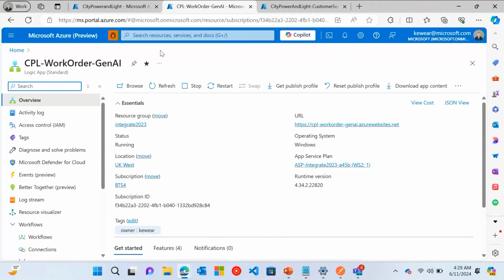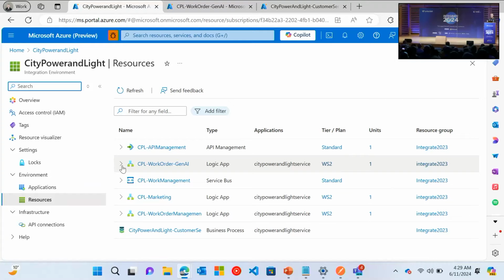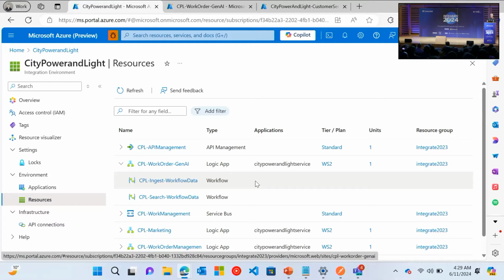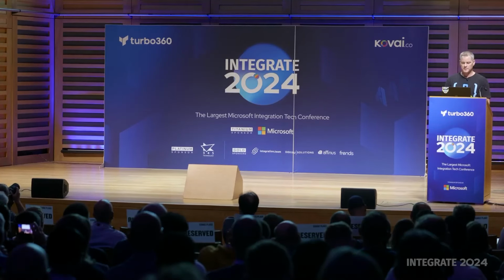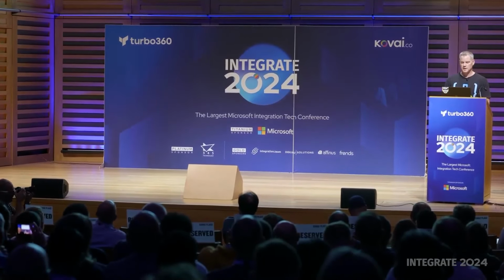Okay, so yesterday I showed you integration environment. And as part of integration environment, what I did here, I didn't have to create a new app, but I did create a new app and added it to the integration application, and I just called it Work Order Gen AI. And as part of this app, I've got two workflows, the ingestion workflow, and then basically the retrieval workflow itself. So we can go in and,